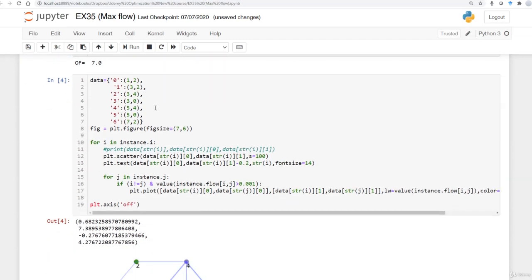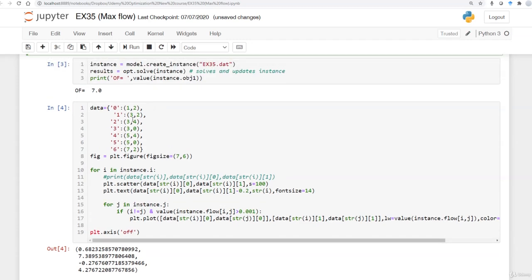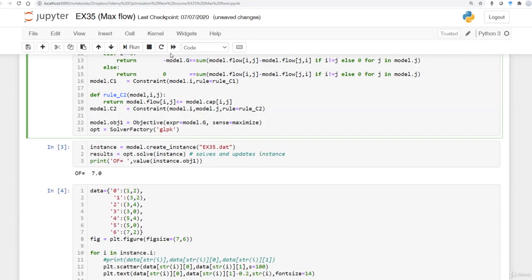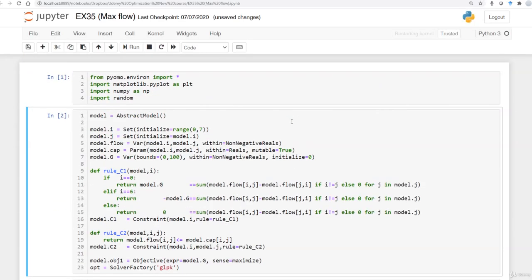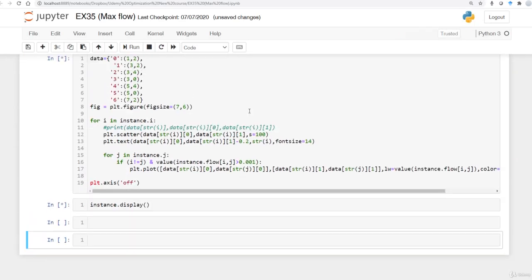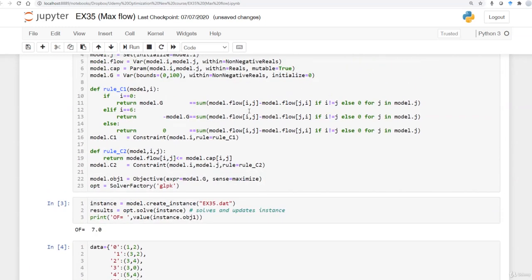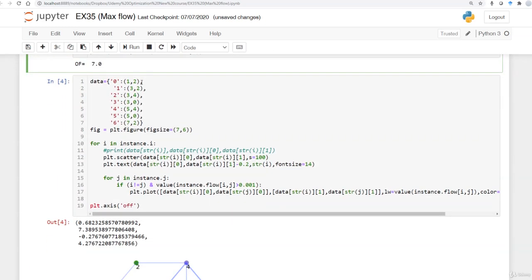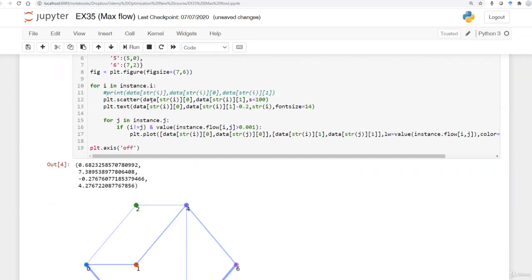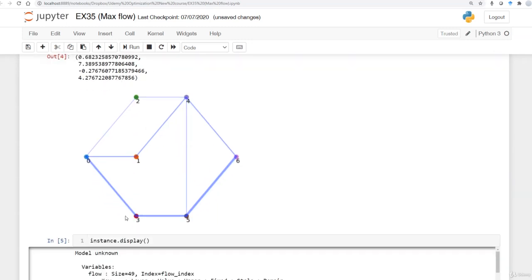So you can see here that I can plot the results and show you what's happening. So I run it and I explain what's happening at each stage. Okay, so the model is solved here and the data is given here. So I want to plot that